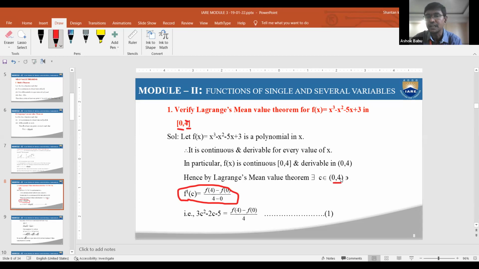Therefore, f of 4 minus f of a, where f of a is f of 0, by b minus a. Everybody remember the formula: f dash of c is equal to f of b minus f of a by b minus a. Here a is equal to 0 and b is equal to 4. Based on this condition, you need to replace the values. Therefore, f dash of c, then what is